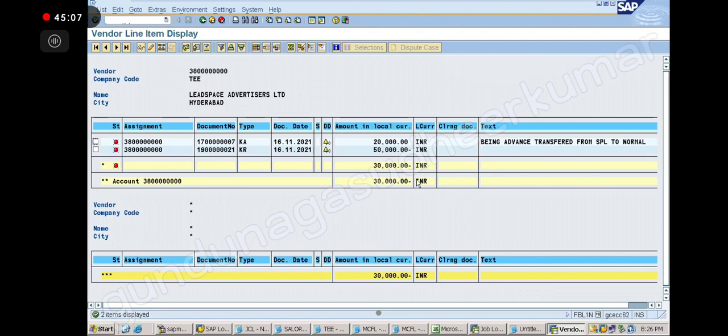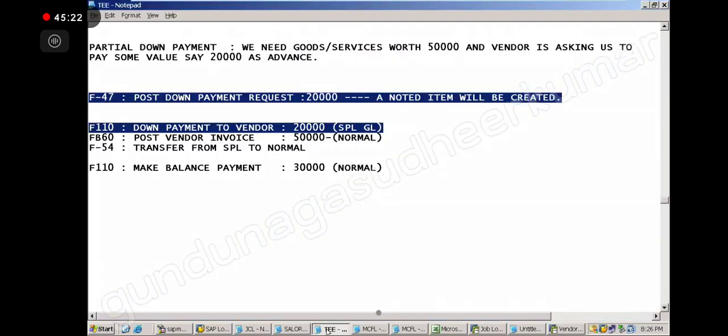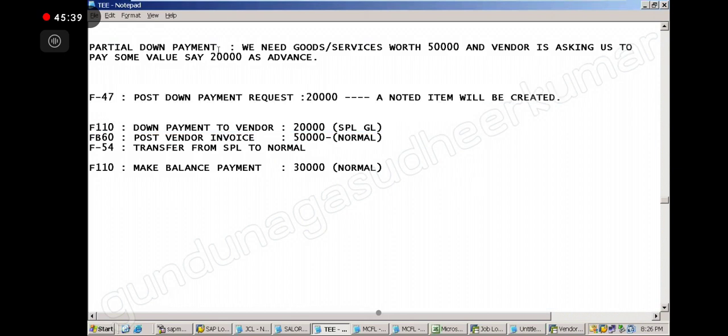Now this 30,000, I can pay manually or I can pay through APP also. Is that clear? So this is the next thing. Wherever payment option is there, you can replace it with APP. Correct? Wherever manual payment you are doing, you can replace it with the APP payment. Okay? So change the heading, the partial payment, to APP. Okay, no problem.